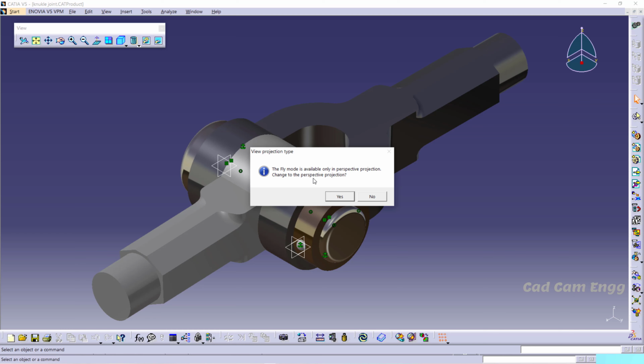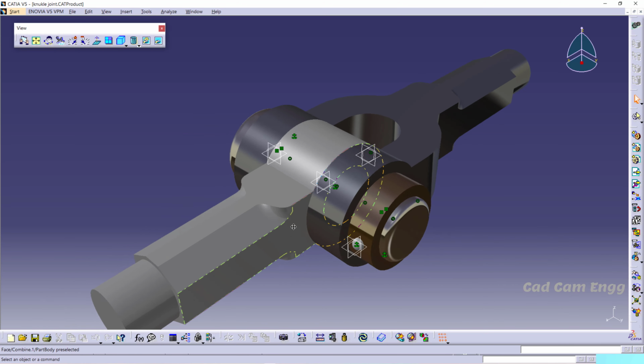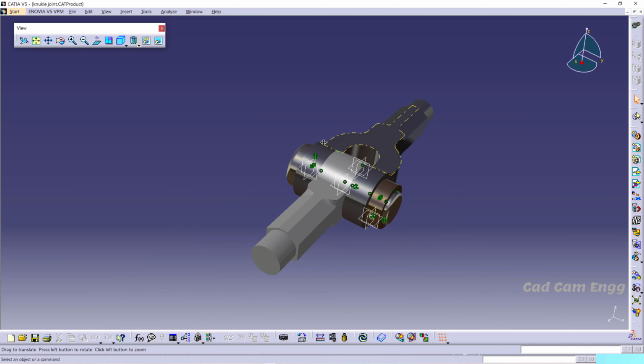the way we are seeing the object now is parallel, means every dimension is parallel to our eye. Okay, and if we are giving perspective, our view is going to change from some angle. Okay, this is our angle. You can observe this. Here we can observe that our first part is showing somewhat big and our ending part is showing very small. This is a perspective view. Okay, in this perspective view we are going to fly through the objects.